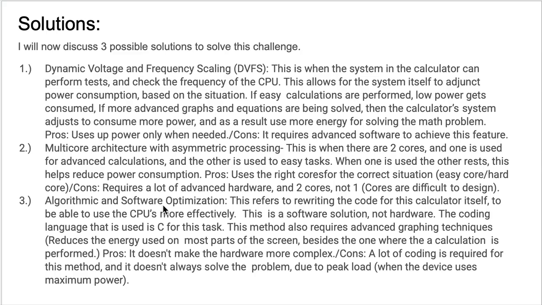Algorithmic and software optimization refers to rewriting the code in a way that the program of the calculator can adjust its performance on its own, essentially. The coding language that's used for this is C. The pros of this are that it doesn't make the hardware more